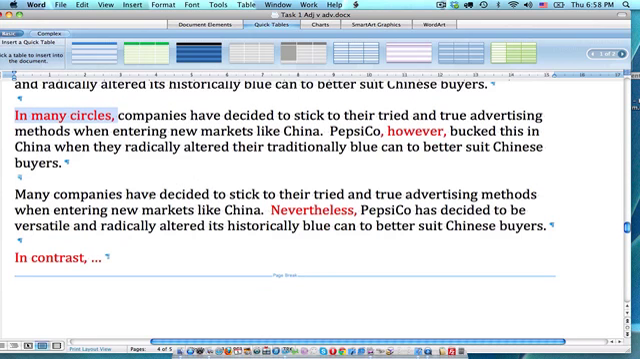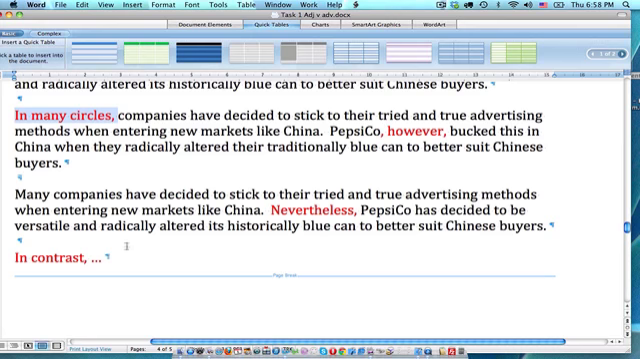Many companies have decided to stick to their tried and true advertising methods when entering new markets like China. Nevertheless, comma, PepsiCo has decided to be versatile and radically altered its historically blue can to better suit Chinese buyers. Or we could replace "nevertheless" with "in contrast," comma. Okay, so I hope that those phrases helped to clarify certain ways that you can add a level of coherence